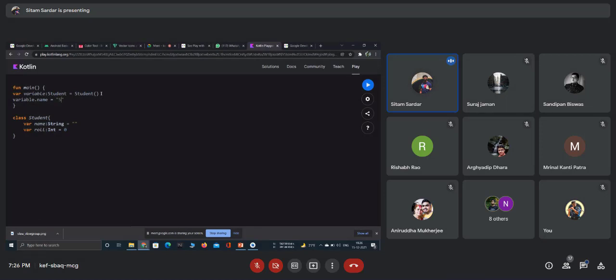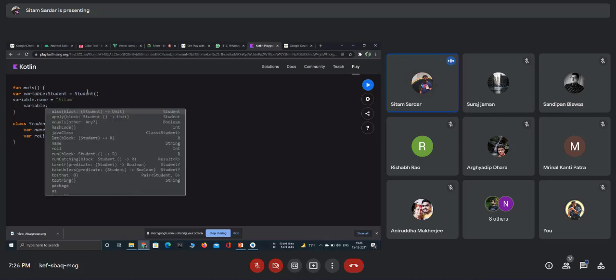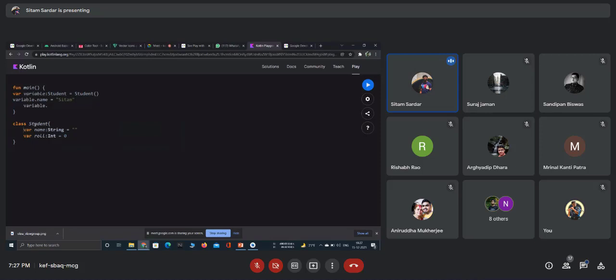I am storing my name, and I am using only a single variable, and by using the dot property, I can access its defined properties. What I am doing here is, I have created a data type named student, then I have created a variable of that data type.